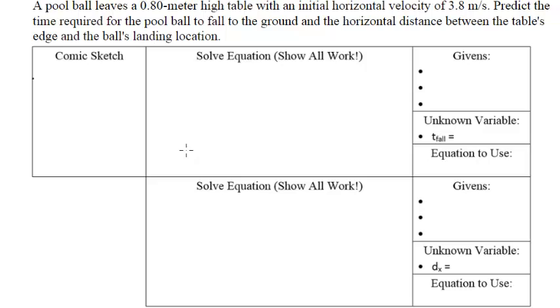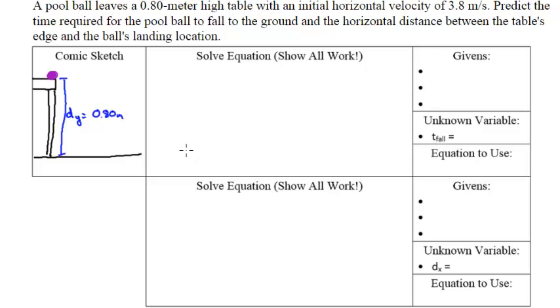So here we go. I'm going to create a sketch here where right there's the edge of the table, that's the leg, and then there's the floor. And then if I have a pool ball right here, can I say anything about that pool ball? The first thing I can talk about is this distance in the y-axis, and I'm making it blue because it's in the y. Distance in the y equals